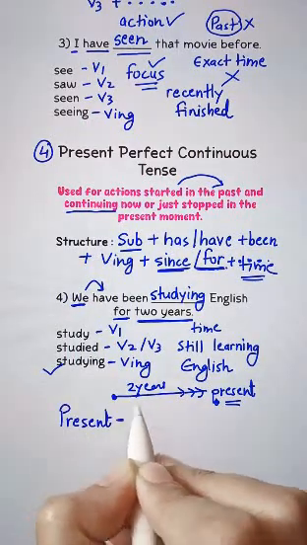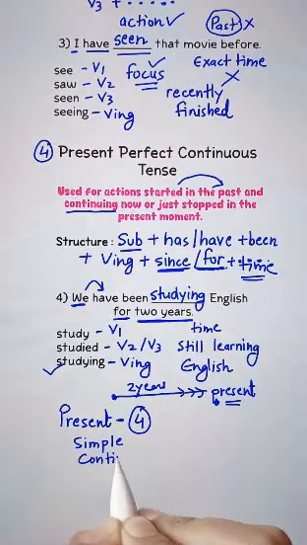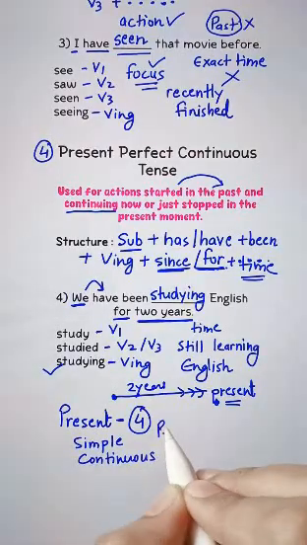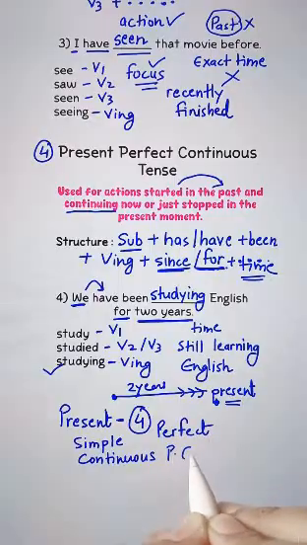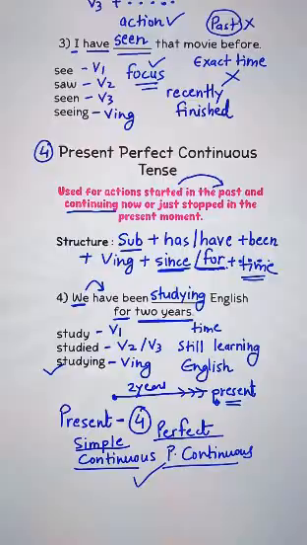Till here we have completed 4 types of tense: present simple tense, present continuous tense, present perfect tense, and present perfect continuous tense. With this, the present tense